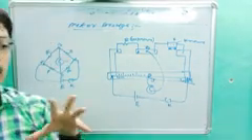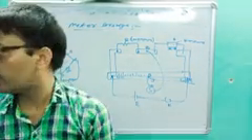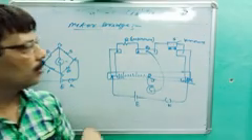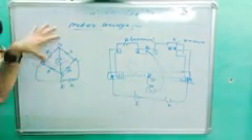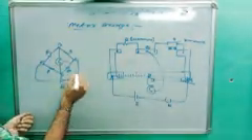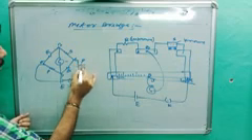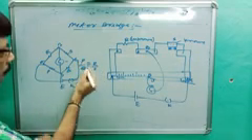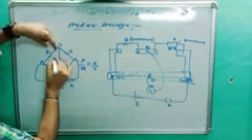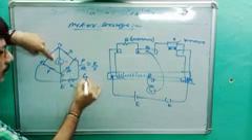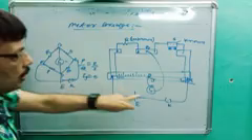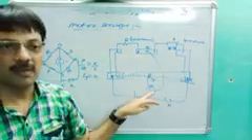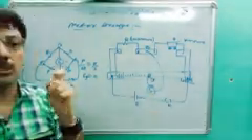It is based on the principle of Wheatstone bridge. Keep in mind, many times this question asks, what is the principle of meter bridge? It is based on Wheatstone bridge, and we know that P upon Q is equal to R upon S. If P upon Q is equal to R upon S, no current is drawn through the galvanometer, meaning Ig is equal to 0. Hence, the galvanometer will show null deflection. That's why it is based on null deflection.